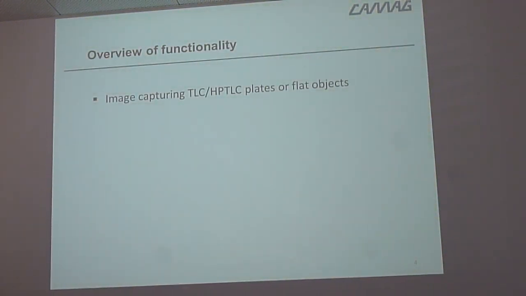Yeah, so the Visualizer is an image capturing system for TLC and HPTLC plates or flat objects. We have some customers that are taking pictures of other things. I don't know why they do it this way, but they do it. So they buy a Visualizer, they buy WinCATS or VisionCATS, and then they make photos and export their photos. One company in Switzerland does photos of